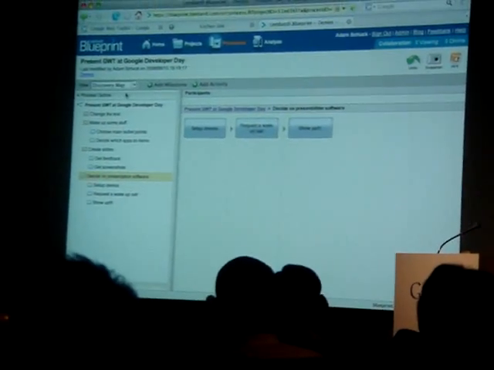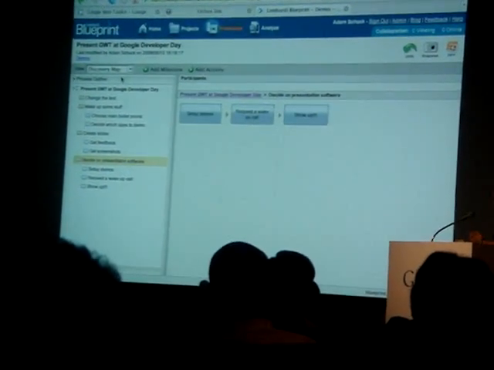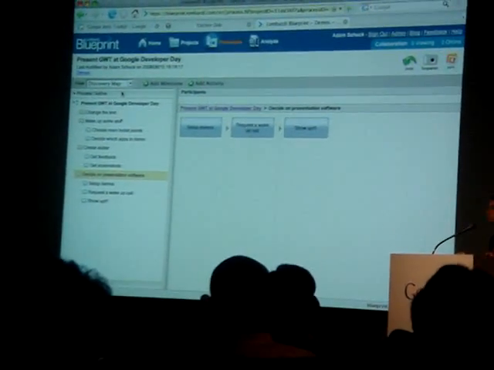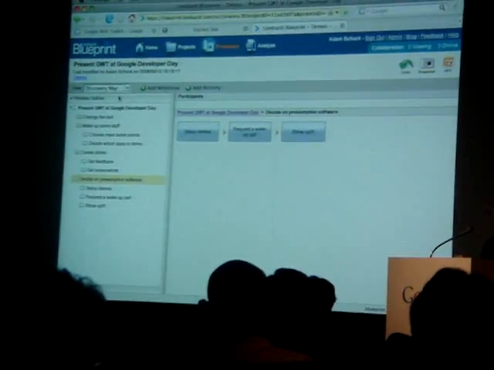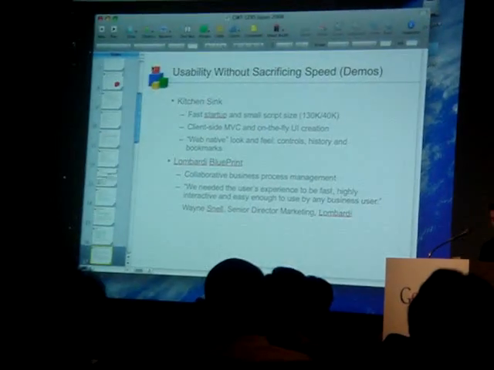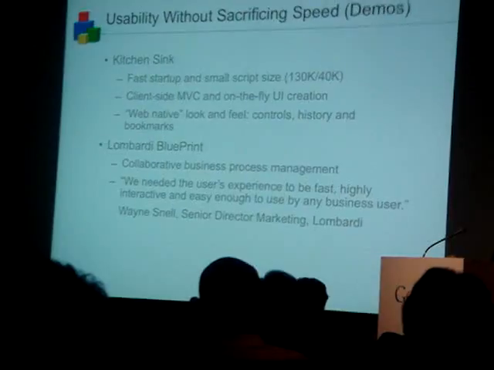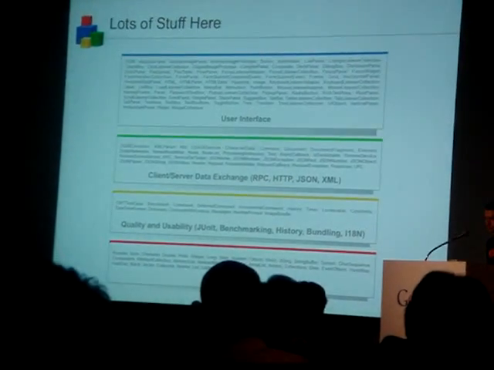People generally don't believe that you can make an application this fast. And I'll talk in a moment about how Google Web Toolkit gets your Ajax so fast. Firstly, you'll notice this slide has